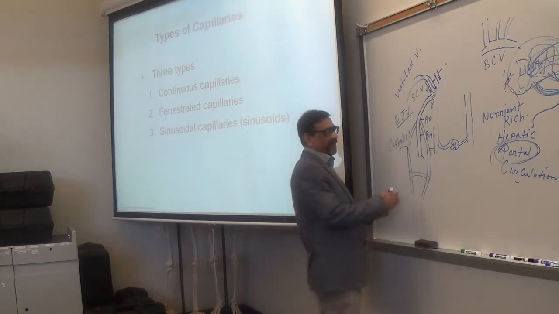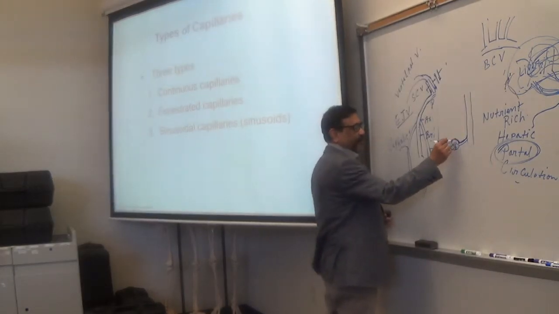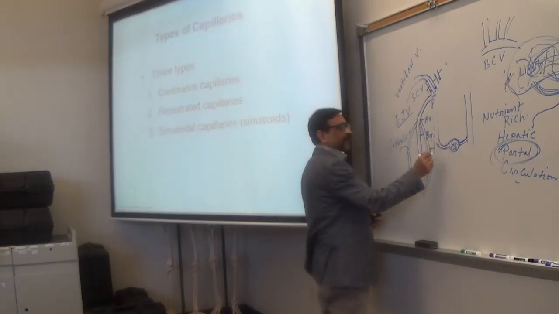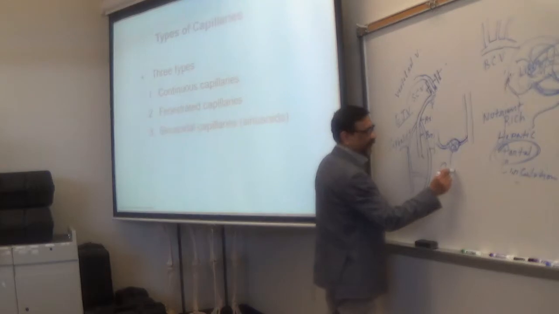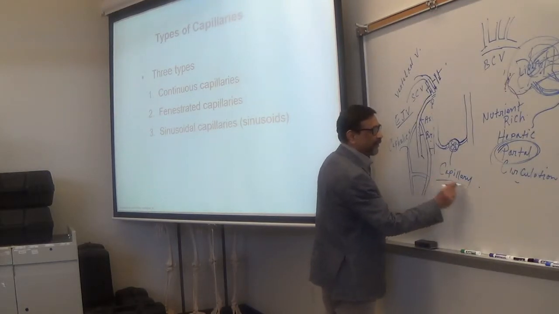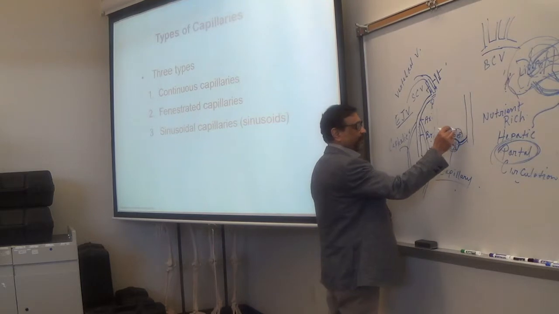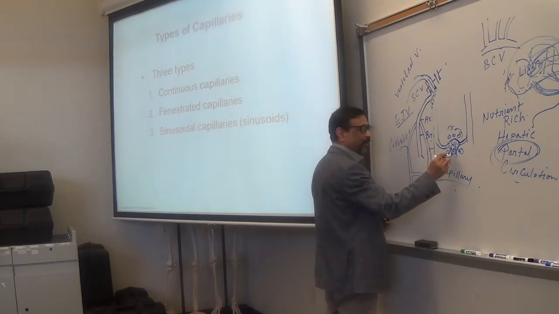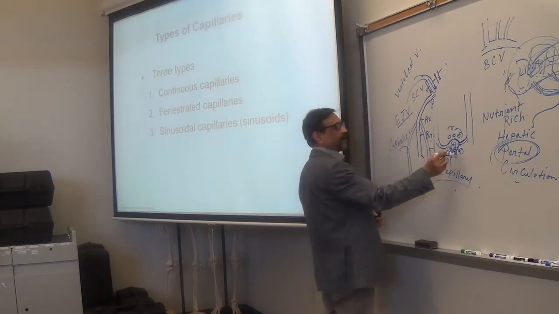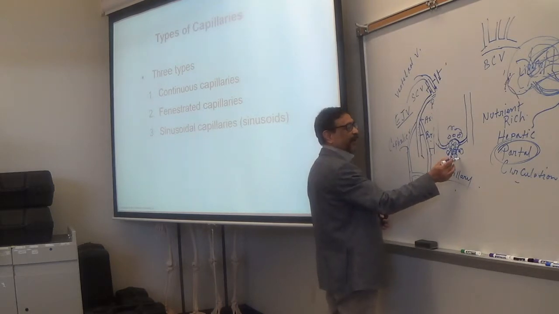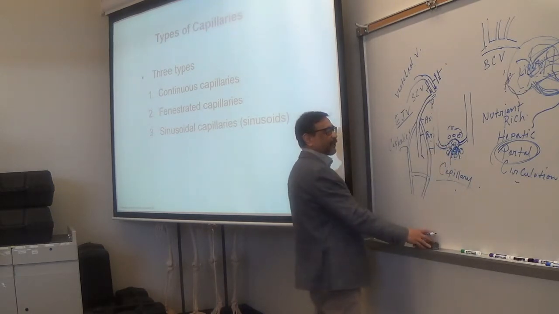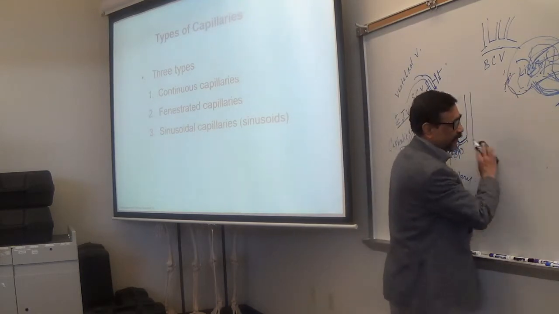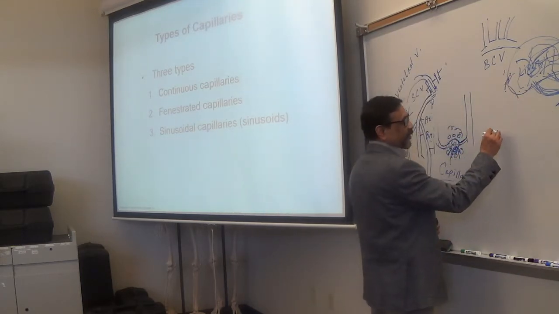So this is a capillary, you see: arteriole, capillary, venule. And if you have tissue here, oxygen gets out from the capillary blood and goes to the tissue, carbon dioxide from the tissue goes to the capillary blood, nutrients come out and go to the tissue, and metabolic waste enters into the capillary. So let me write it down here, that is important. So this is a capillary bed,